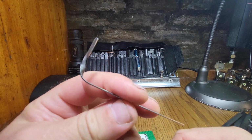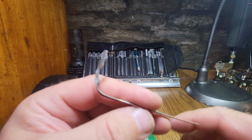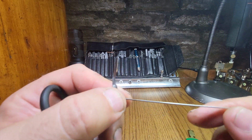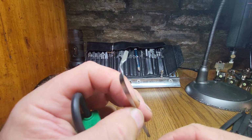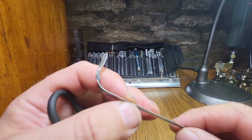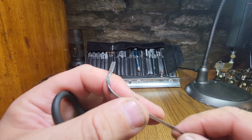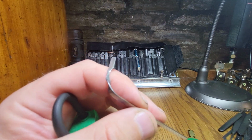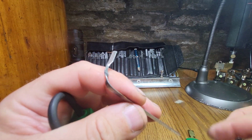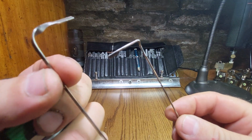And you need some good stock material to start with first of all. Now I know of at least 3 other lock sporters who have got this lock sitting in their unpicked box because they haven't yet gotten around to making a tool. And I thought there has to be an easier way. Perhaps there's a better way to make a simpler tool. So I've had a little play. I stuck around in the garage today and I came up with something that works surprisingly well. And I thought I'd share that because it might enable a few more people to make a tensioner and get these things picked. So what I came up with was this, and it's considerably simpler and easier to make than